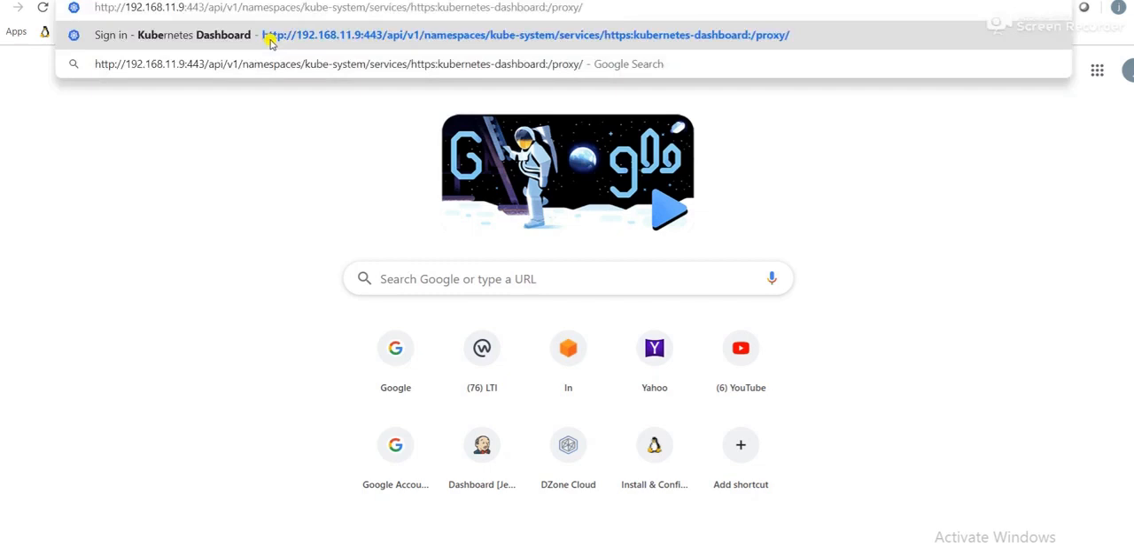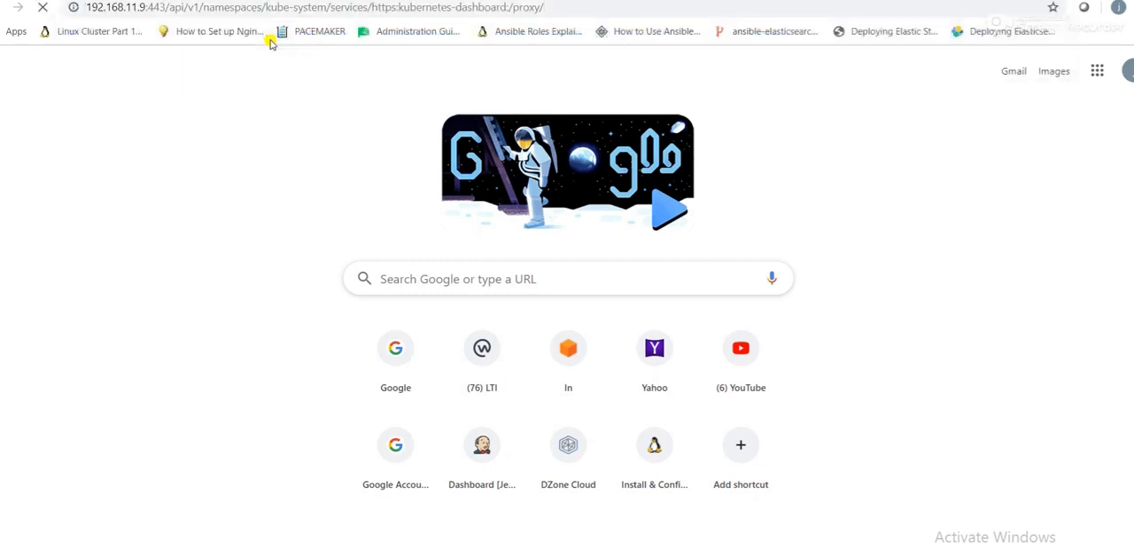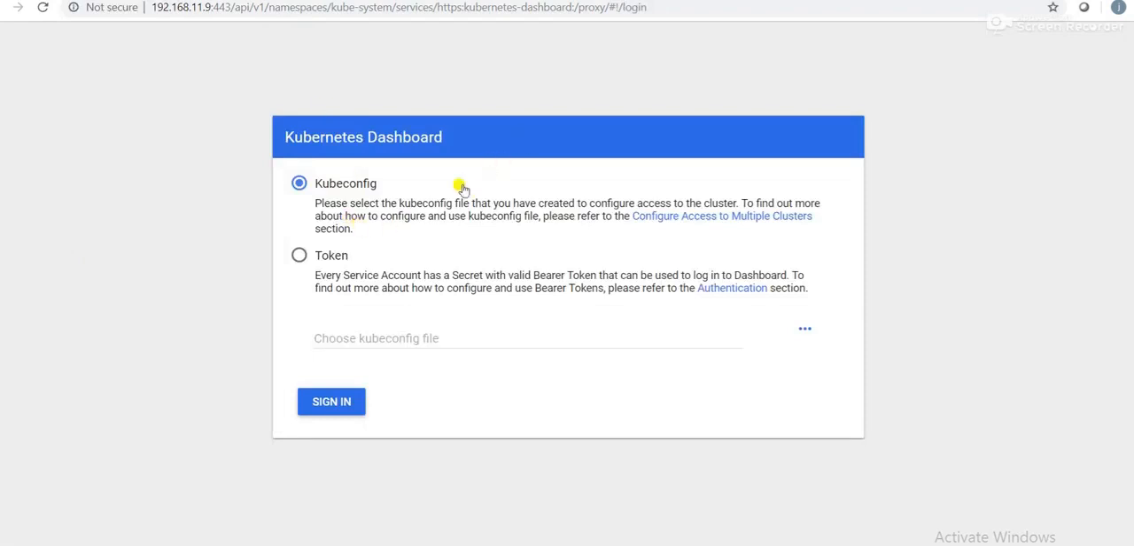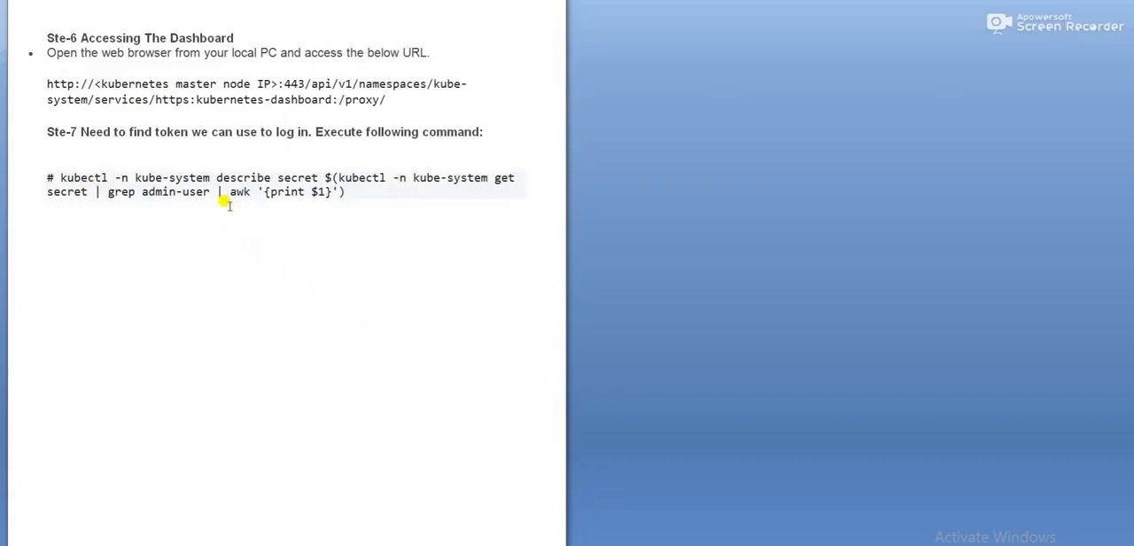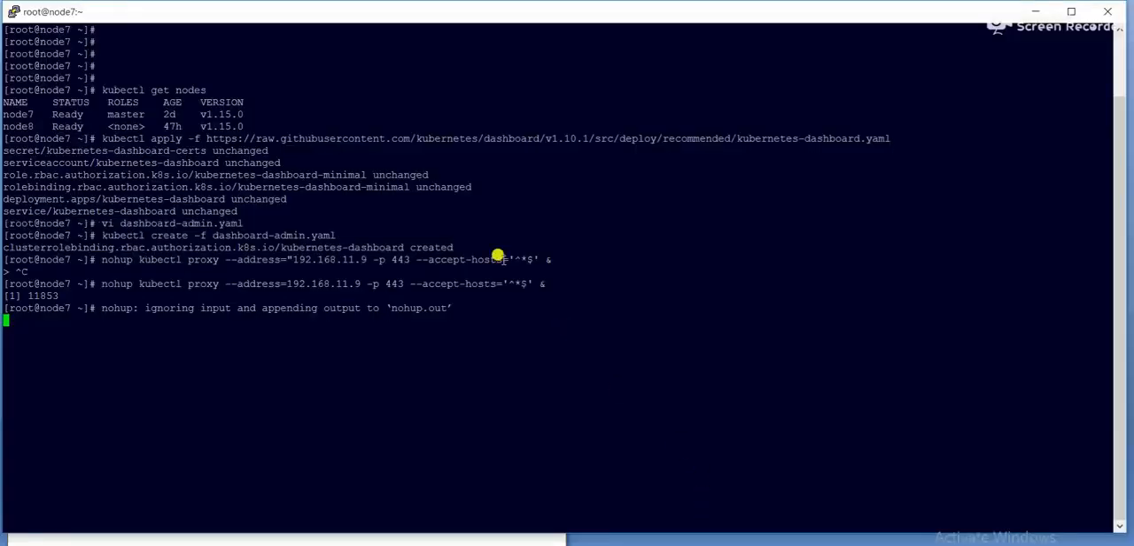Enter. Okay, so now guys, you can see this is the dashboard. In this case we need to generate a token. Enter token. So how to generate the token? Simply we need to